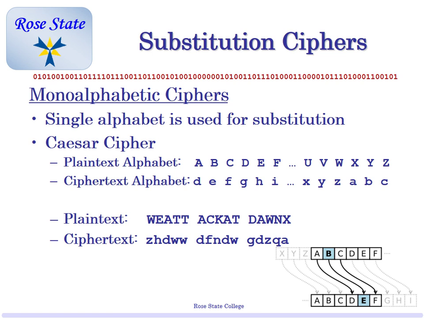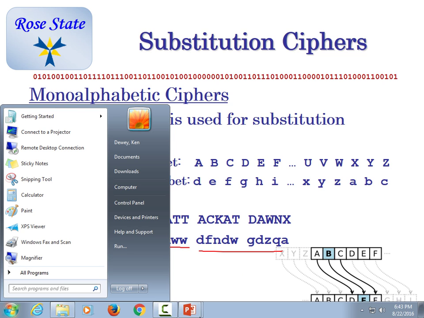So if I gave you the ciphertext ZHDWW, shift it back the other way, and you get WE ATT. If I gave you this whole thing, it comes out to we attack at dawn X. See that? Is it standard to shift to the right or to the left? It's normally to the right, but shift it one way, and it doesn't mean nothing shifted the other way. It's kind of going through script programming. The program they had is you just printed off all 26 results and found the one that made sense. And you could go Caesar, C-E-A-S-A-R.